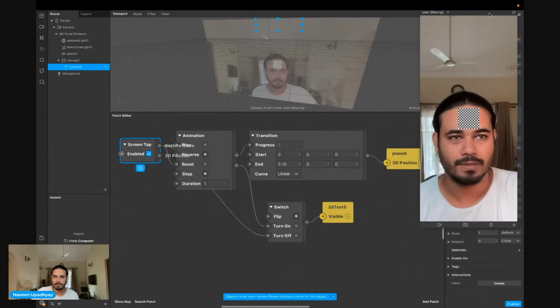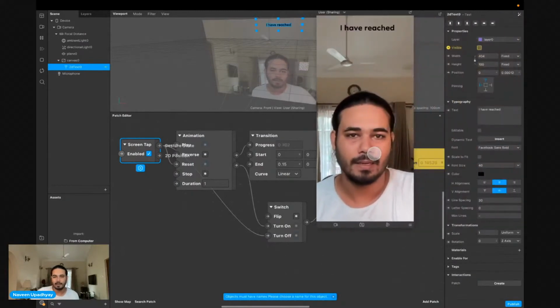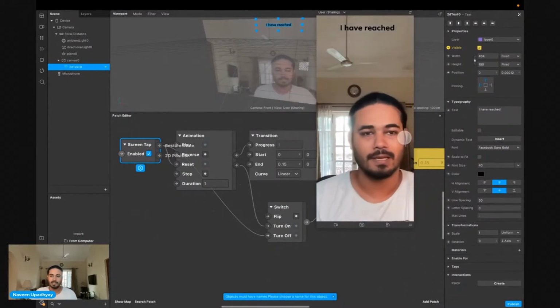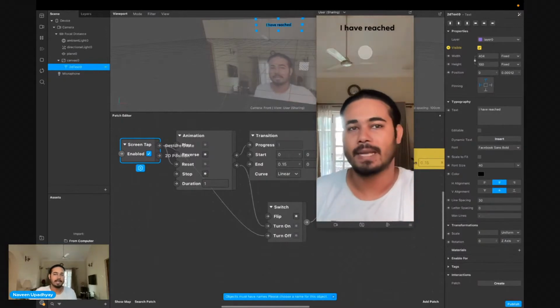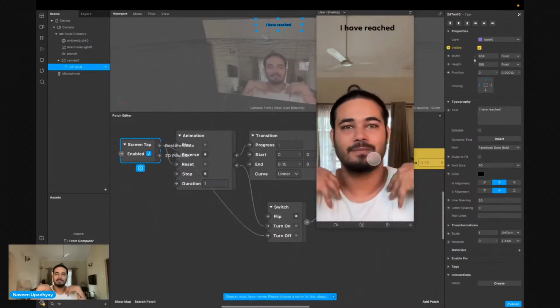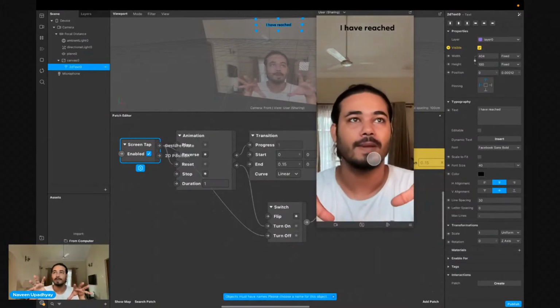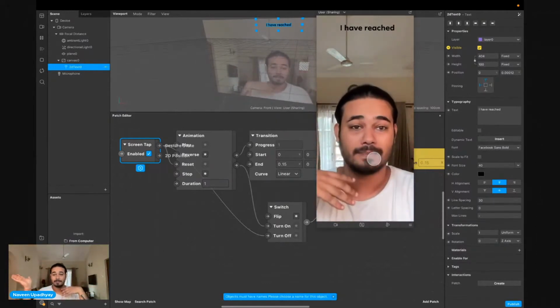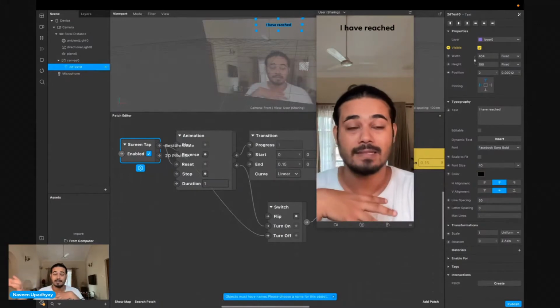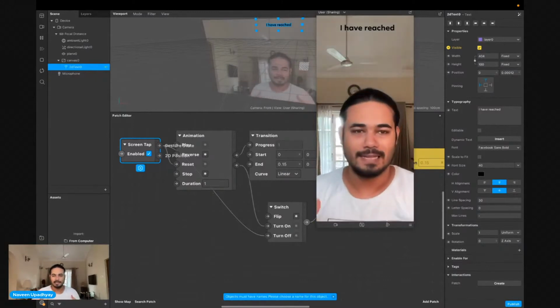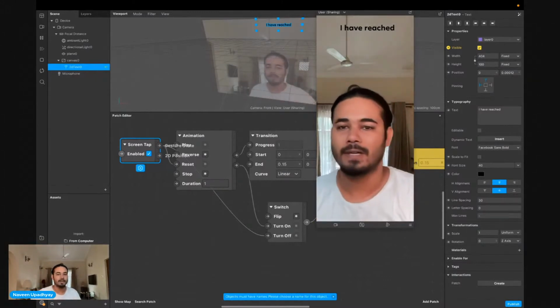So let's see if that works. Very simple setup, but yeah, that works. That means whenever my plane reaches the destination, it's going to tell me that I've reached. Now, this is a very basic thing. I'm doing it on my local copy of my filter. I'm not doing this on my friend's screen, or if there are people in the video call. So we're doing this for ourselves, on the local copy of the filter.